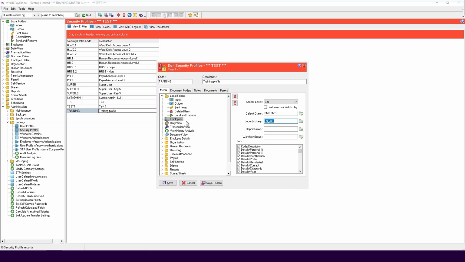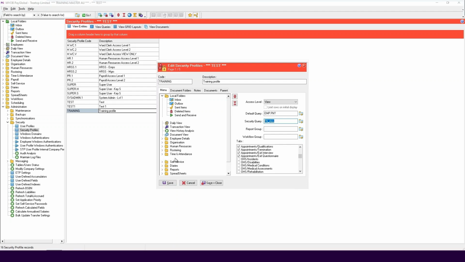On the employee table, the access level is set to edit, and under the tabs of the employee, you can see the selected options. This means the employee has read and write access because they have edit selected. The black square on the Details Dates tab indicates that a user can view the record but cannot edit it. Where nothing is selected against the OHS tabs, the user has no access to the OHS tabs on the employee record.